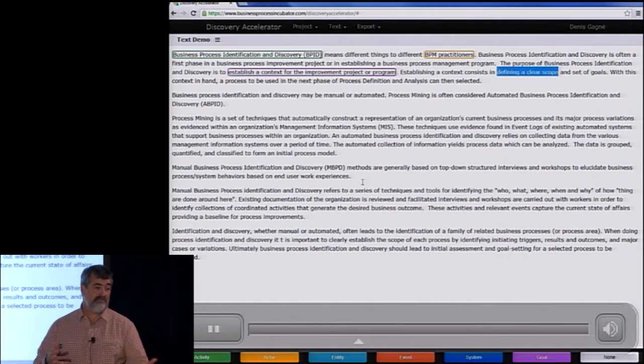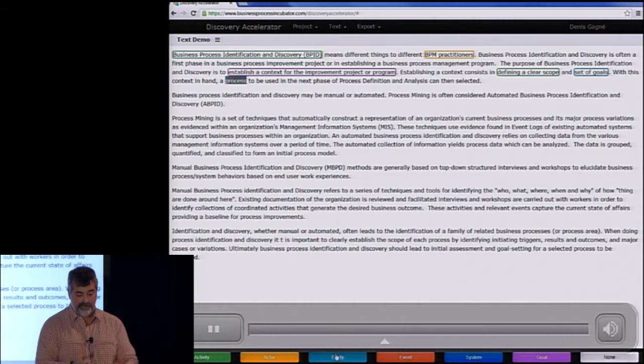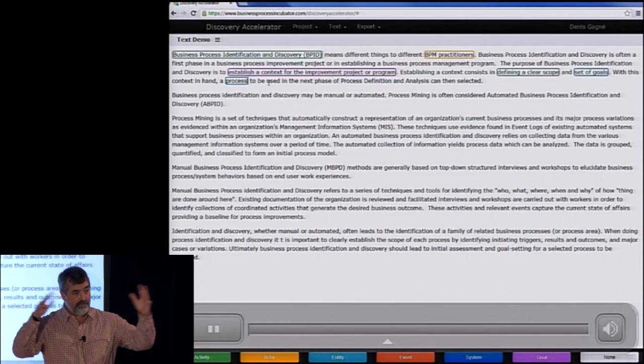So maybe I'll identify delivering a clear scope as an activity. So I do so, and then a set of goals. So the set of goals, I may think, well, that's more like an entity. And I'm doing an interpretation of what I'm reading in my own mind of those things. So I'm building this up as I'm reading, and I'm trying to pick up pieces of important information in that